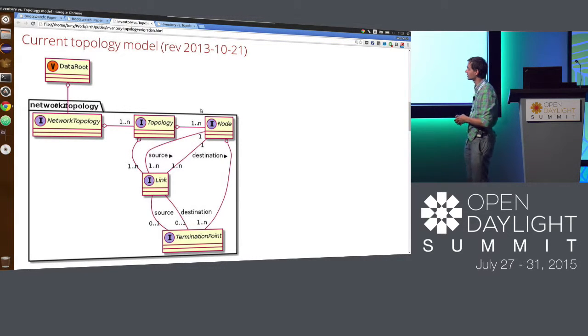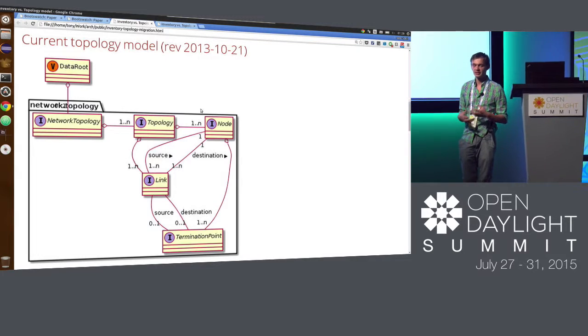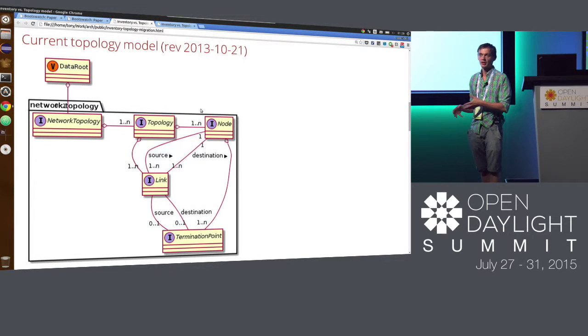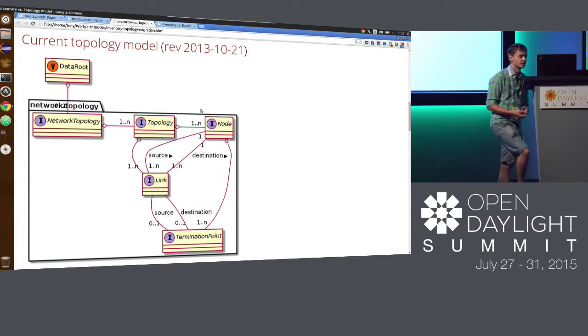So the topology model has a network topology container, which is a container for multiple topologies. So we have a notion of multiple topologies. Each of these topologies has a notion of multiple nodes and links and termination points. And these topologies could be underlay, overlay, and you could also express the relationship between the nodes in a way that, okay, this node is supported by the other node. So imagine that you have a virtual switch running on a hardware node. So you have a hardware-like topology on which you will map the virtual switches using this supporting node concept. This is a bit advanced model,